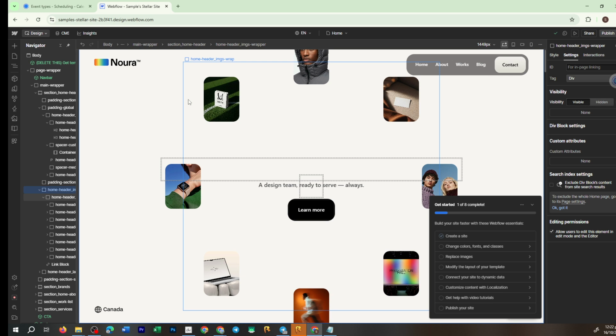Allow your web page to refresh or republish, and voila! Your calendar will now be live on your Webflow site,